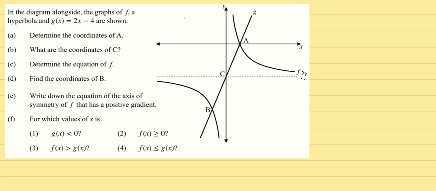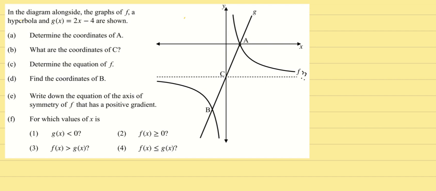Okay, so this is example 39. We will do A and E in this first part, and in the second part we will do F. Okay, so in the diagram alongside the graph of f, a hyperbola, and g of x, 2x minus 4, are